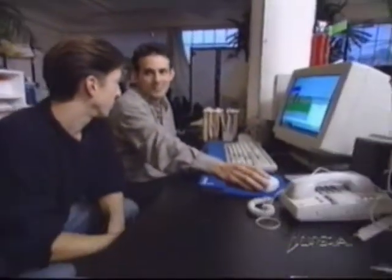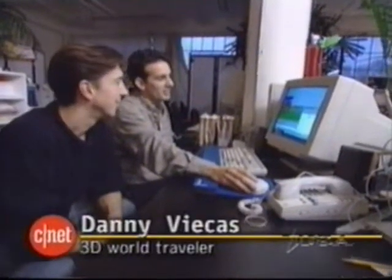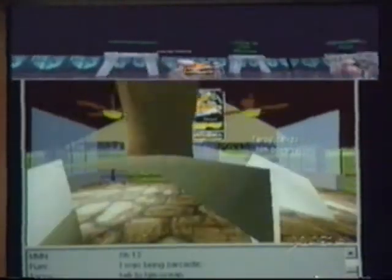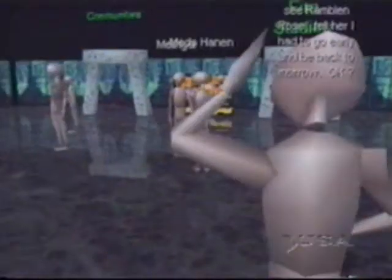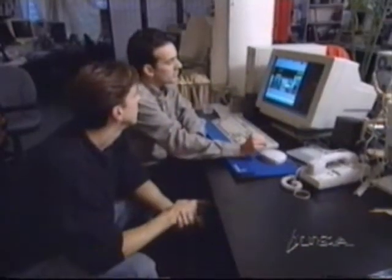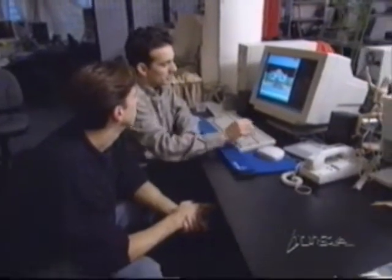Clearly, you have to develop a certain amount of savvy with this stuff before you can just start building things. Yeah, it's amazing how quick people catch on. If you're new to the worlds, you may want to explore what exists already before you decide what you want to build. For example, you can take a peek at Virtual Yellowstone Park. So Yellowstone National Park, or Virtual Yellowstone, was created by a company called...